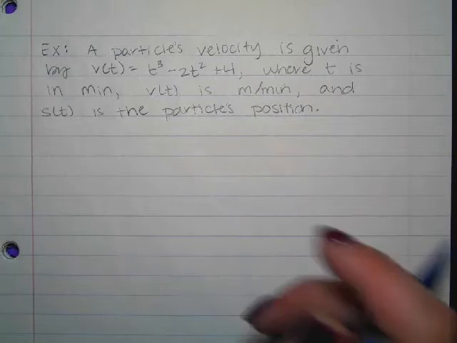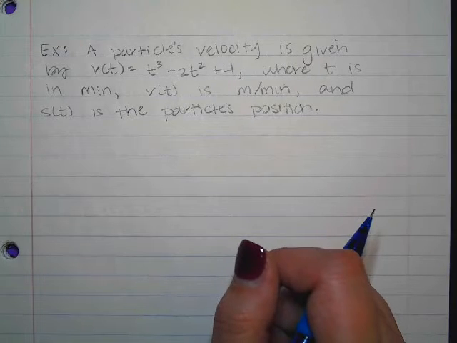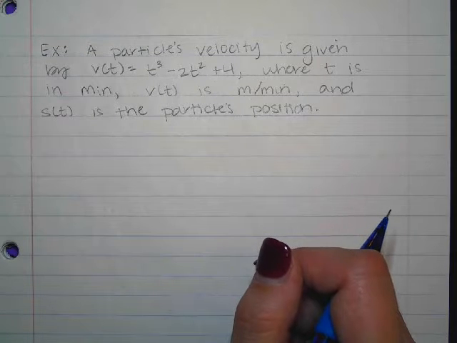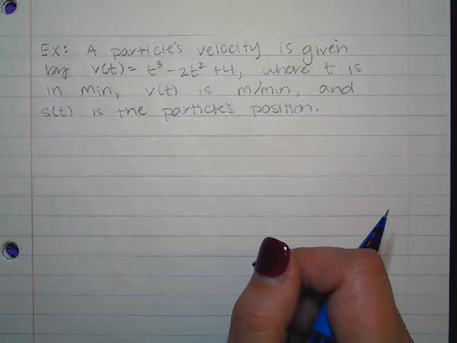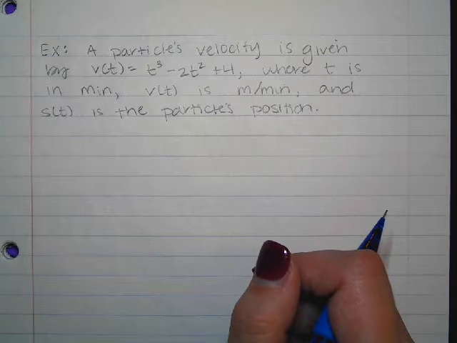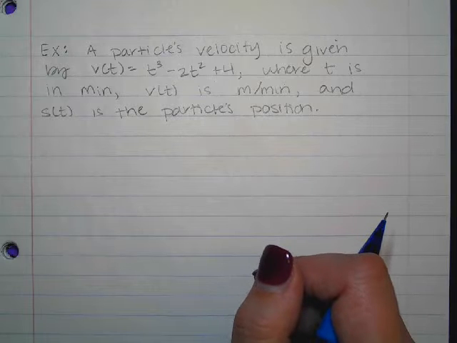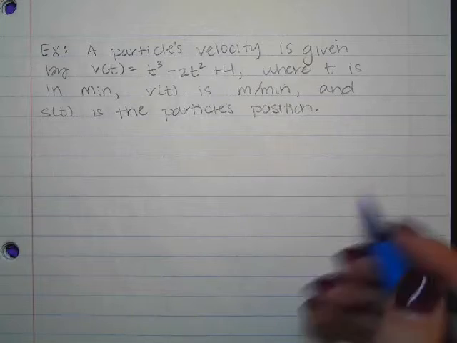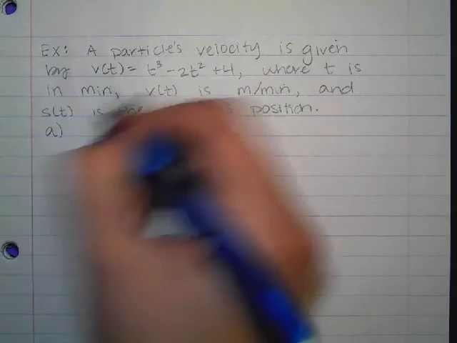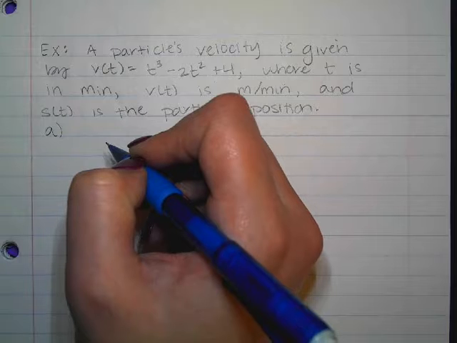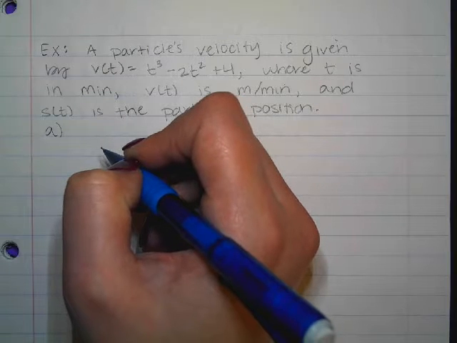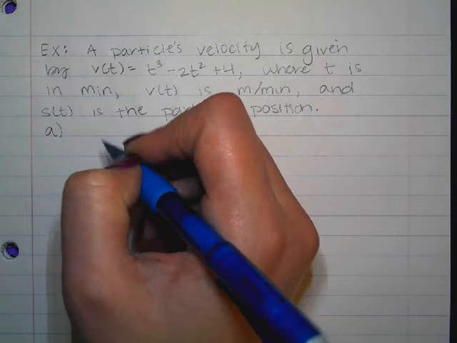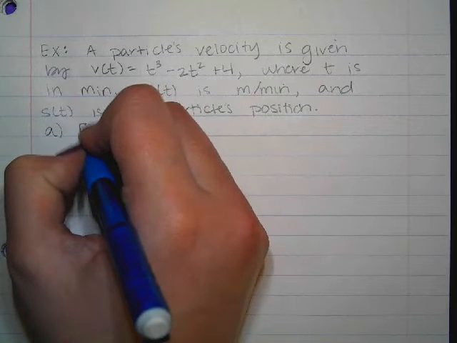So velocity is v of t equals t to the third minus 2t squared plus 4. T is minutes. V of t is meters per minute. S of t is the position of the particle, like normal. What does S stand for again? Position. All right, find the net change